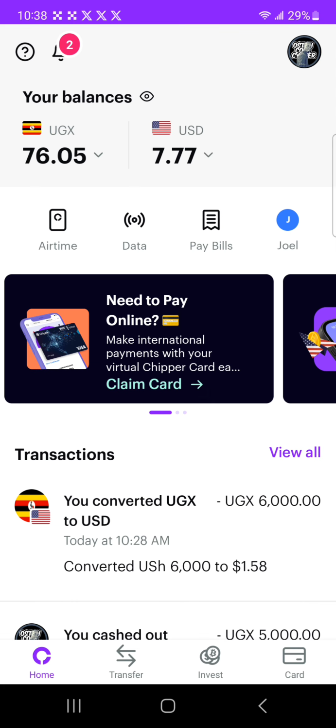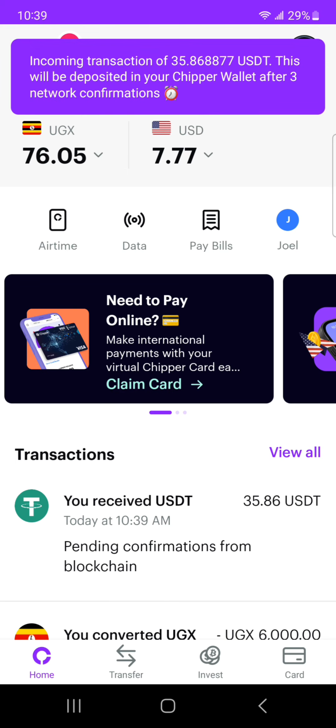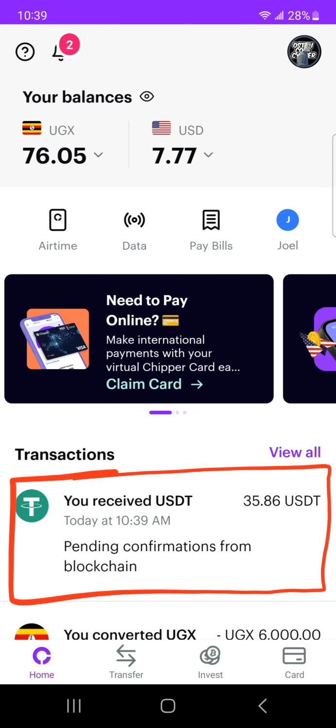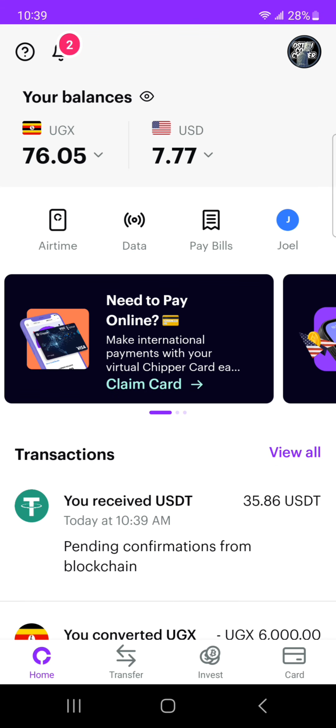So it's now to check on Chippercash and see if we will get any alert. Let us wait for some few minutes. We may get an alert showing us that we are having some incoming transactions. We have an alert there, incoming transaction of that amount, and they are showing it here also. They're like pending confirmations from the blockchain. So Chippercash will also have to confirm this money coming in and see if it's real, and they credit it